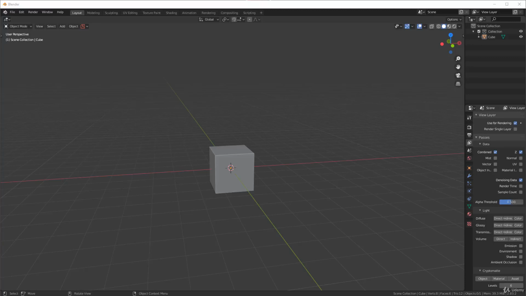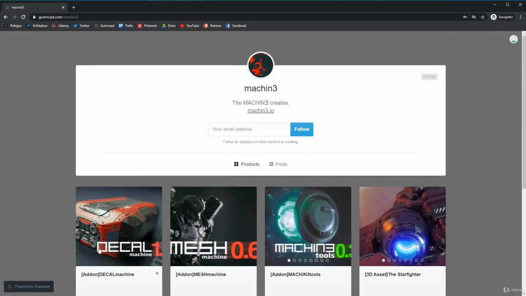So as mentioned, we're not going to be using any paid add-ons in this course, but there are a few free ones we're going to be using that's going to drastically change your workflow. Now, these add-ons are optional. You don't have to use them. They're just going to help your workflow and make everything a lot quicker. And if you want to get into more of a professional setting in Blender and just work every day efficiently, you need these add-ons. So, first thing we're going to download is if we go to this page here,